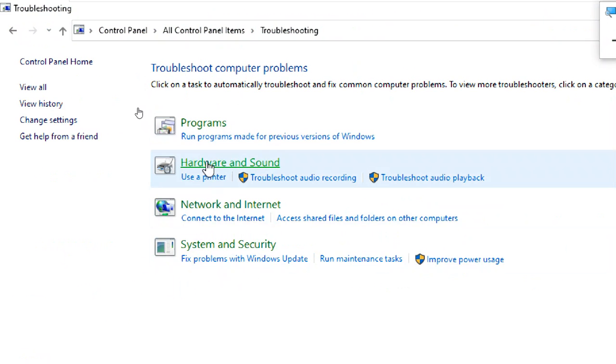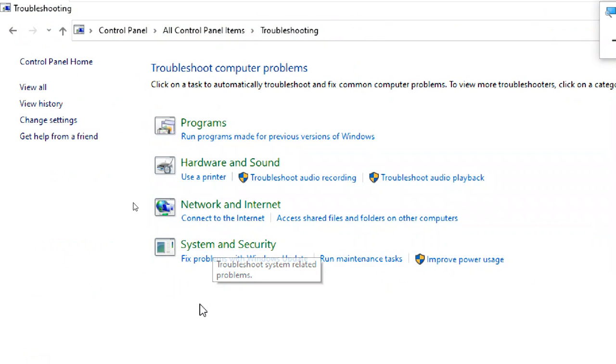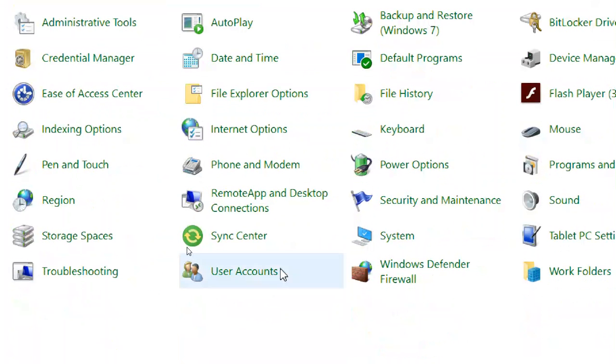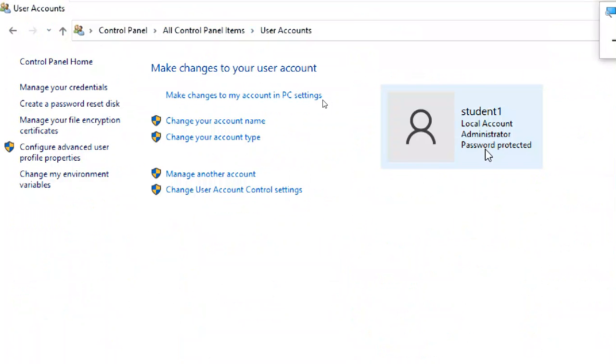See it: programs, hardware and sound, network and internet, system and security related. User accounts. This is my account, administrator and all. If you want to manage other accounts or change some properties, you can also change them from here. This is create a password reset disk. It means you may forget your password, possible, right?